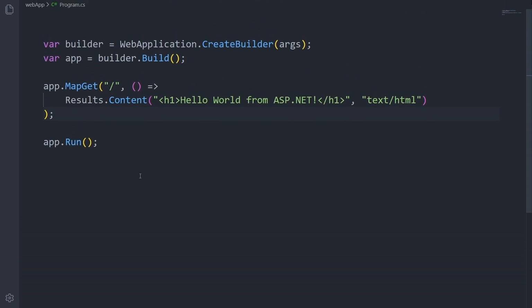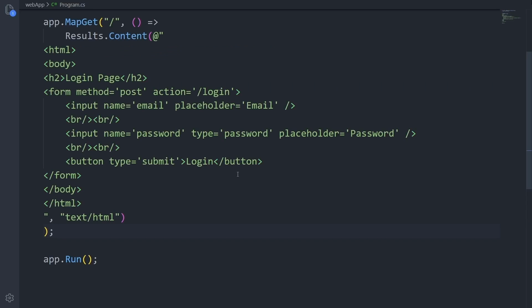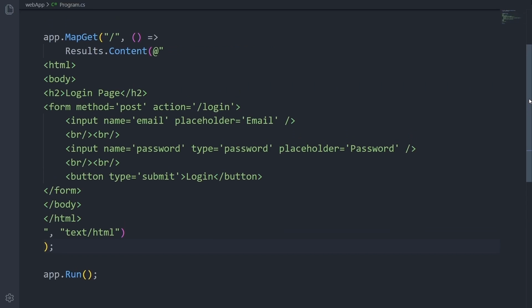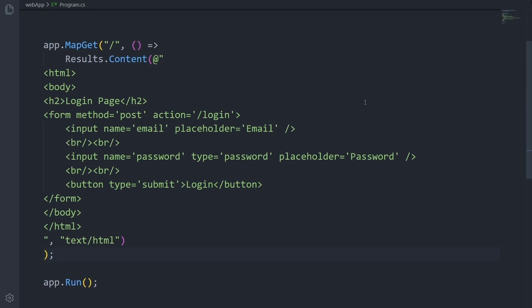Now let's take our first real step toward building something more like a real web application by creating a login page. Instead of just showing a simple hello world message, we are now returning a full piece of HTML, which is basically the language browsers understand to display web pages. What we are doing here is telling our application, when someone visits the main page, send back an actual web page that contains a form. Inside this form, we have two input fields, one for email and one for password, and a login button that